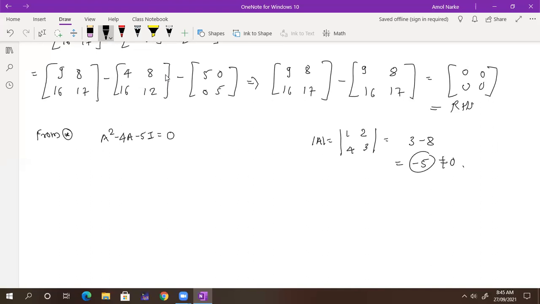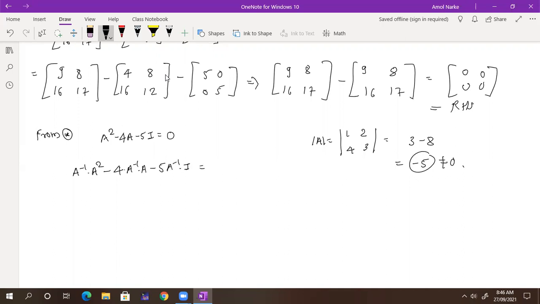So once the inverse exists, what you need to do? Multiply A inverse on both sides. If you multiply by A inverse, what are you getting? A inverse into A square minus 4 into A inverse into A minus 5 into A inverse into identity, which